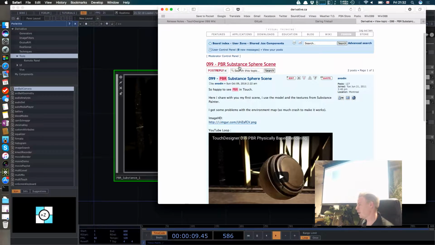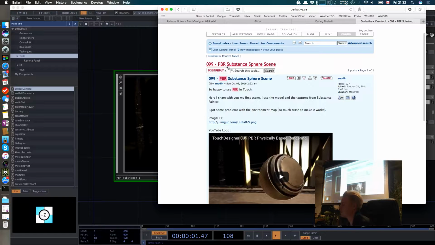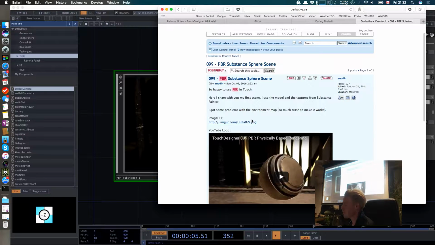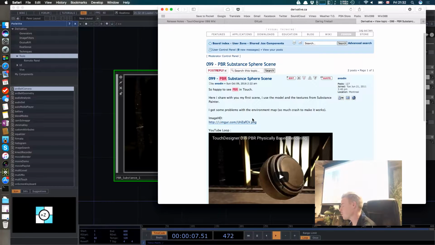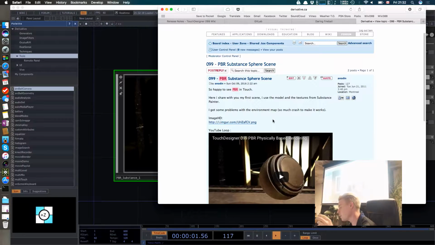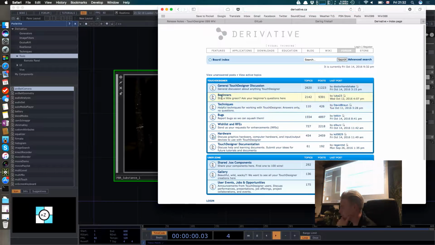This is the example I'm grabbing, PBR substance sphere. This was basically a bunch of texture maps created in Substance Designer and then brought in and using our PBR material and rendering. And just if anyone has a Mac and they're wondering what works and what doesn't work, I